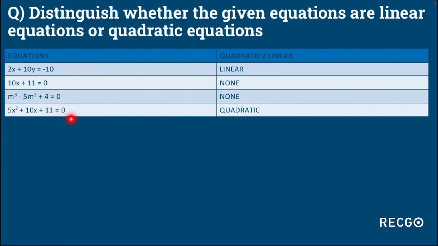So let us check the condition for quadratic equation. So for the quadratic equation, we should have the same variable throughout. So yes, we are having the same variable throughout, x square and x. And the second condition is what? The second condition is that the maximum degree of x should be 2. So let us see, this is the x, it's having degree as 1, and this is another x which is having the degree as 2. So the maximum degree is what? The maximum degree is 2. Hence this equation is a quadratic equation. So I hope after solving this question, the difference between quadratic equation and linear equation must have been clear.